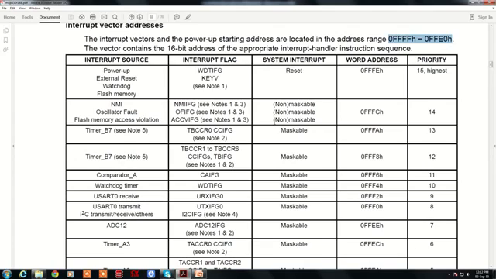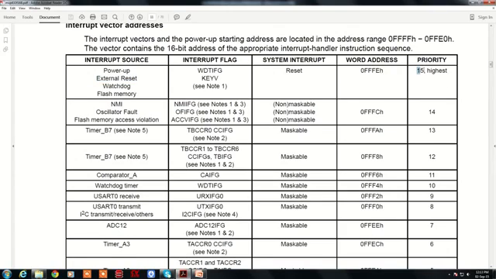And the priorities is, the last location is meant for external reset. So there is a reset pin on the microcontroller which is active low signal. So whenever it is received, then it will make a jump to FFFFE memory location.